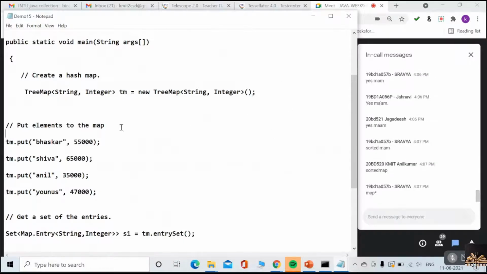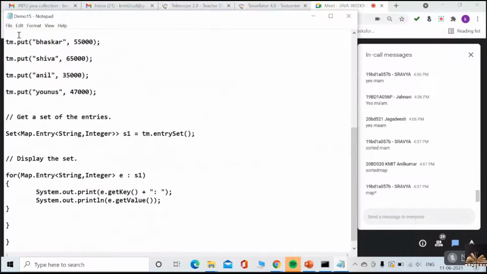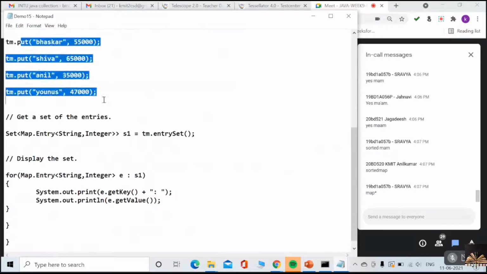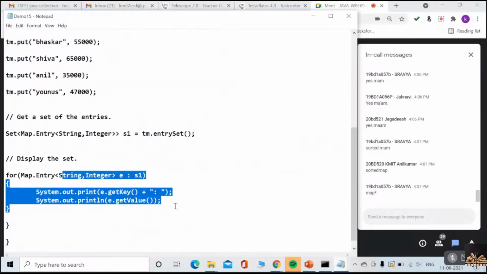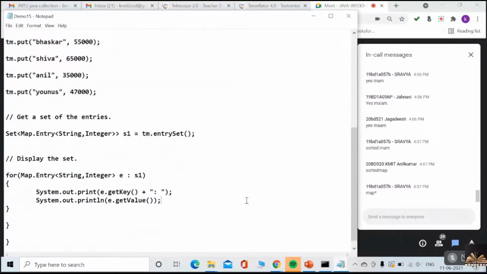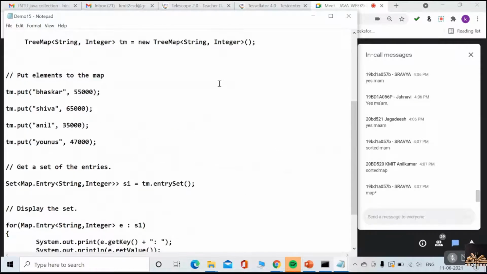I just added the 4 entries right now. I converted the entry map to a set, and I have used the for each loop to traverse the TreeMap. Then, can you expect the output right now? How can you expect the output?